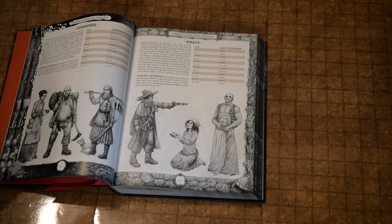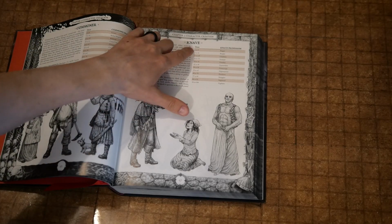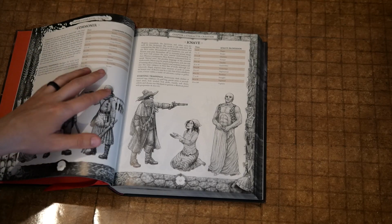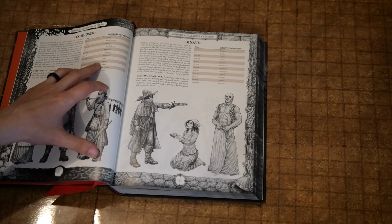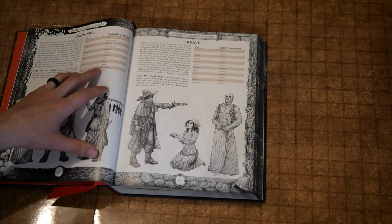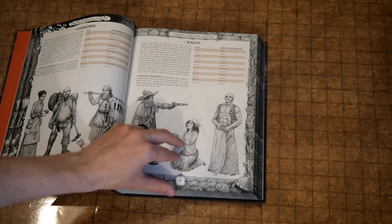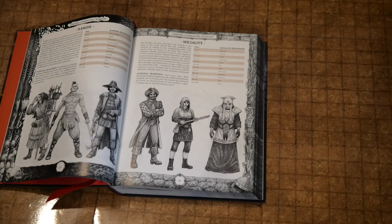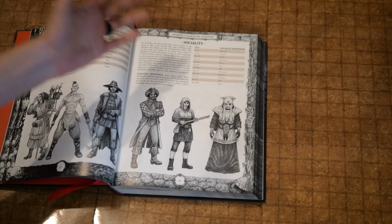And there's a ton of these professions. You've got a big table of professions for each one of these archetypes. Everything from like a servant or a peasant up to like a smuggler or a vigilante. A lot of different professions to have here, and it's all rolled up randomly, and it's definitely, like I said, geared more towards a darker fantasy. For instance, you can end up being a cultist, and